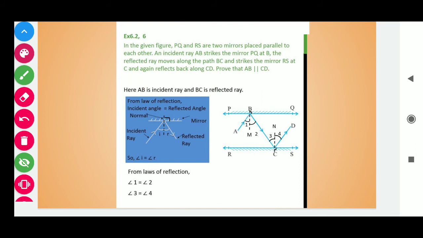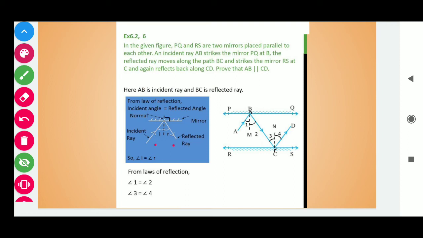Students, you already have studied in science about the reflected rays. You can see here the diagram. Here AB is the incident ray, and BC is the reflected ray. If we reflect light from a torch onto a mirror, the ray that we send from our side that touches the mirror is called the incident ray. And the ray that reflects off the mirror and goes away is called the reflected ray. So students, in this way we have a result here: angle i is equal to angle r.